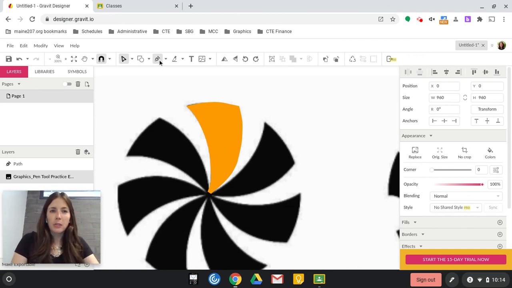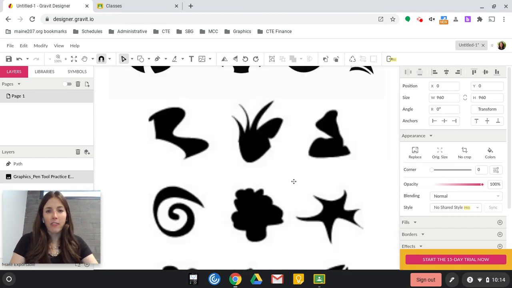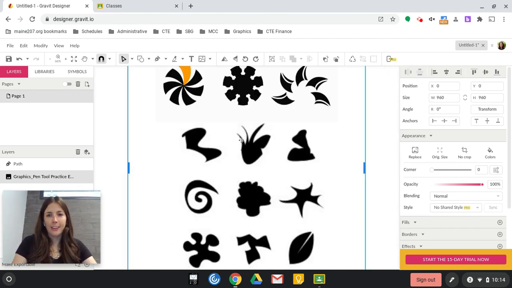But what you're going to do in this project is continue to use the pen tool to go around these different shapes and create different vectors. And you're going to choose 5 of these shapes in this document to practice on. So really go focus on precision. It's going to be tricky to get used to at first, but don't be afraid to make mistakes and start over,